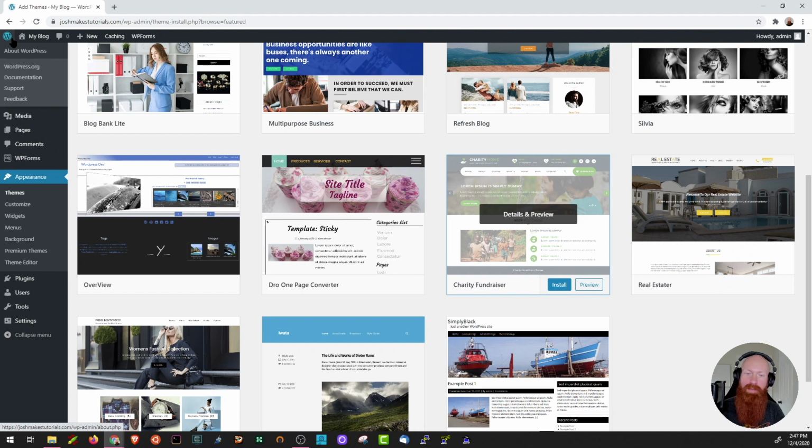Now, when you're looking through some of these themes in the live preview section, it's important to check out the widgets section when you preview it, as that's where some of the most unique features are located. We'll be sure to go into widgets a little further down the line in a different video. But for now, I just wanted to show you how to choose a different theme inside of this section.